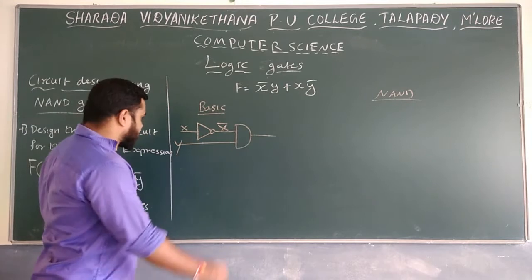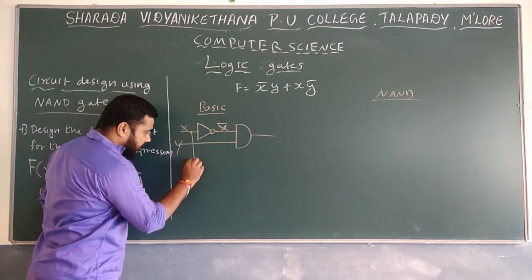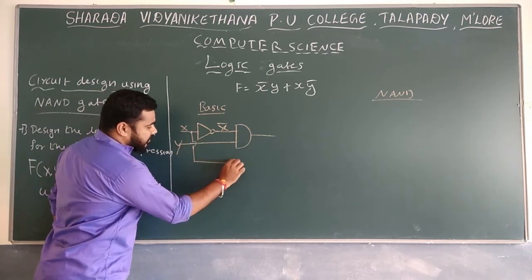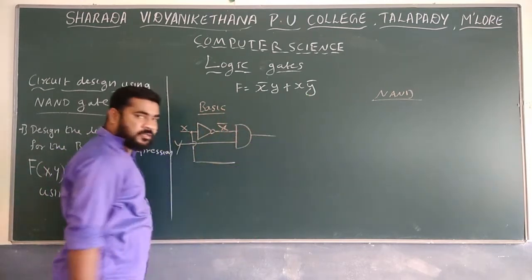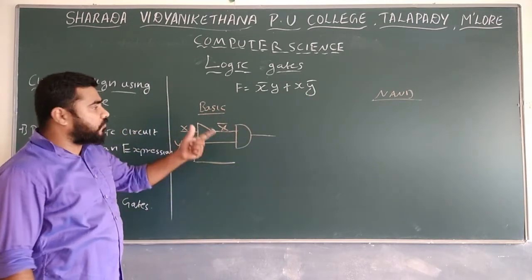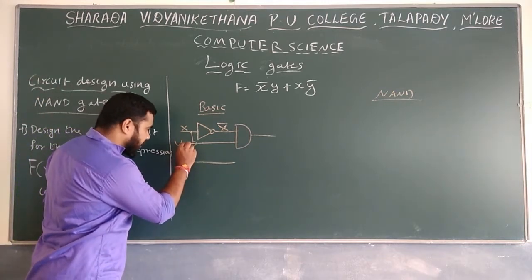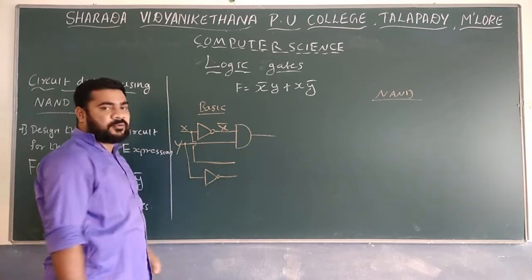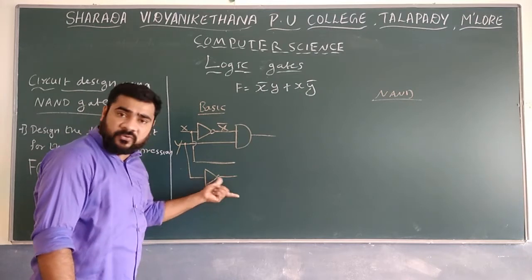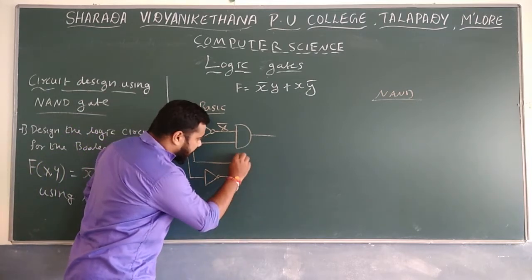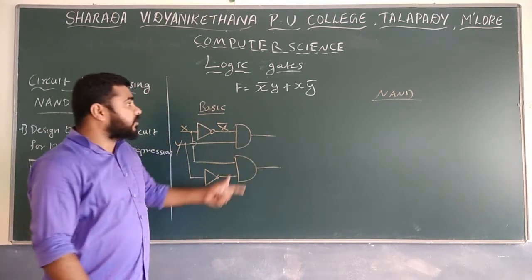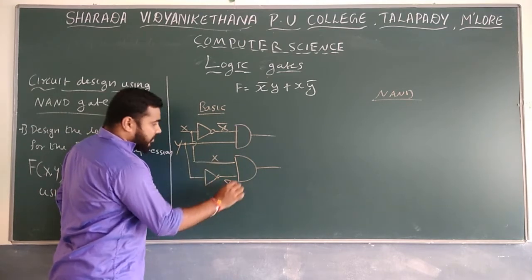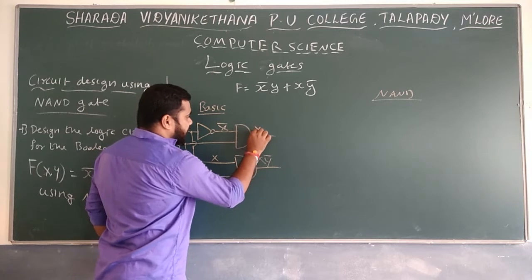Go for the second part. You take the x directly. I can skip here or directly connect, but certainly like this. X is taken directly. Next one is y dash. How to take the y dash? Y is here. You take the y, then you have to find the y dash. If you want to find the y dash, a NOT gate is required. With the NOT gate, it's possible to convert y to y dash. After that, connect the AND gate. This is x and this is the y dash. So the output will be x y dash, and the other output is x dash y.